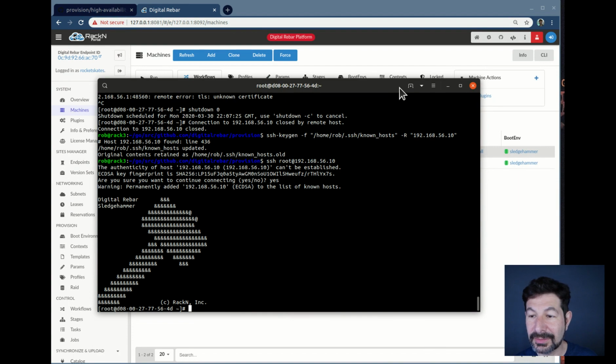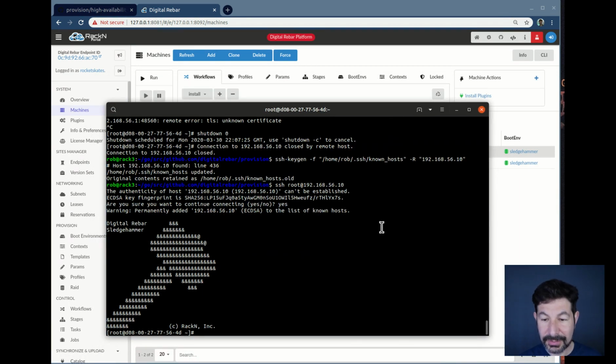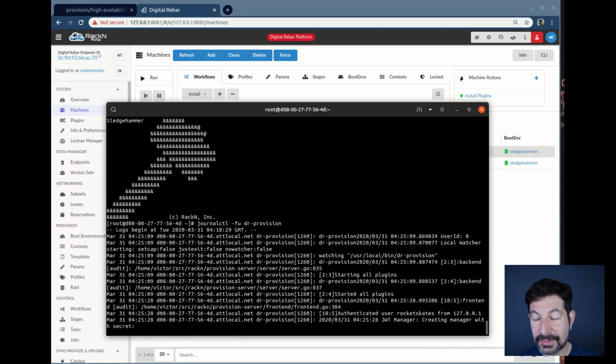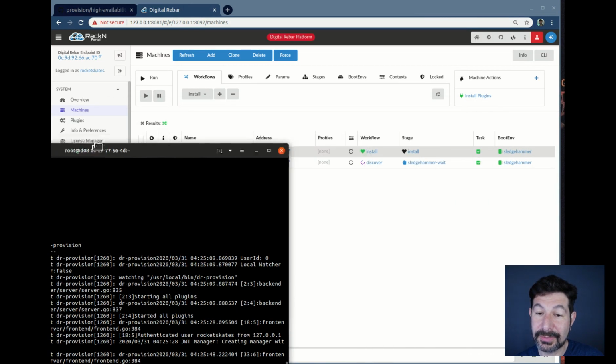So now I've SSH'd in while it's running. It's still doing dr server in the background. And I'm going to say journalctl. I'm going to get the full logs and keep updating them. And I need to see dr-provision, the binary. So this is actually showing me that I'm doing the install. Very handy command. And so right now it's just going through the process of doing the Digital Rebar Provision install